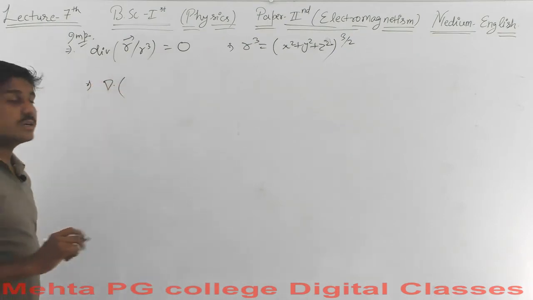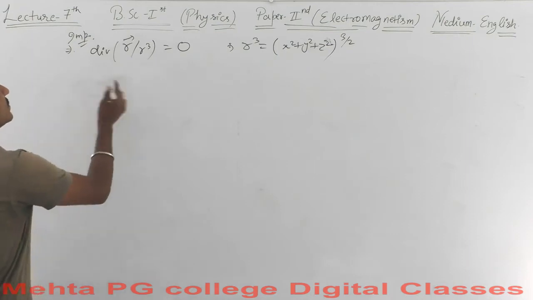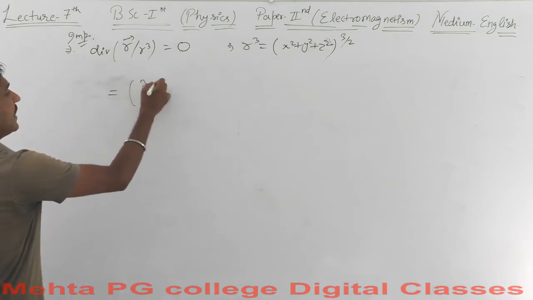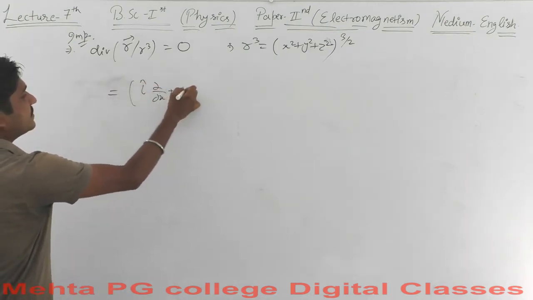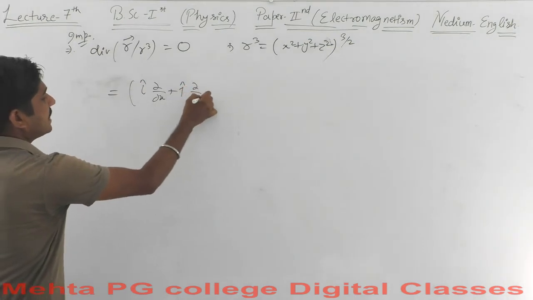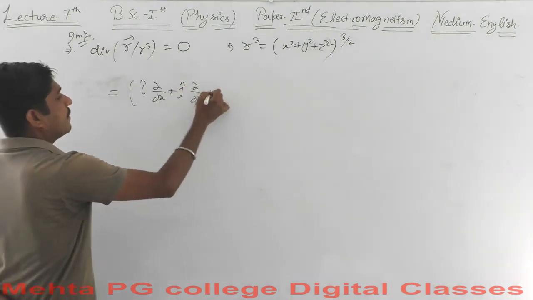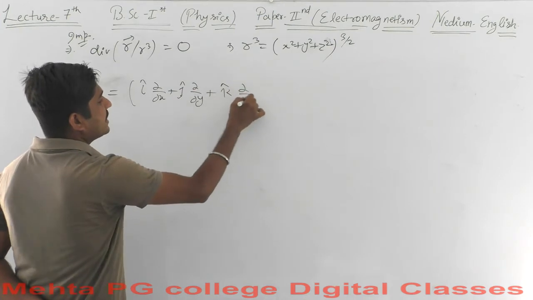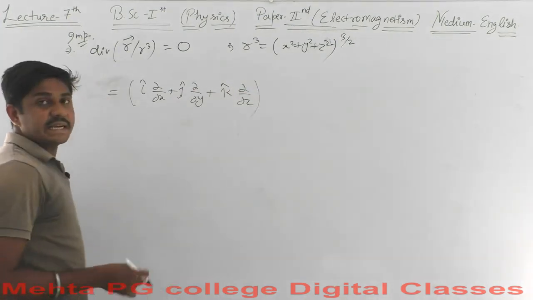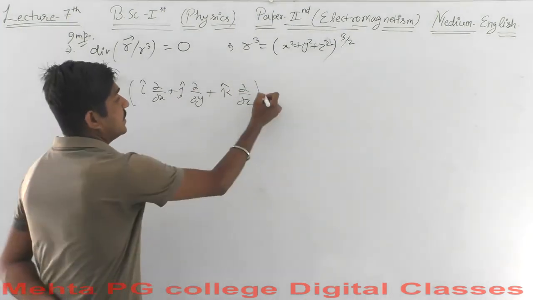Del dot, sorry, not del dot, i cap curly over curly x, j cap curly over curly y, k cap curly over curly z dot